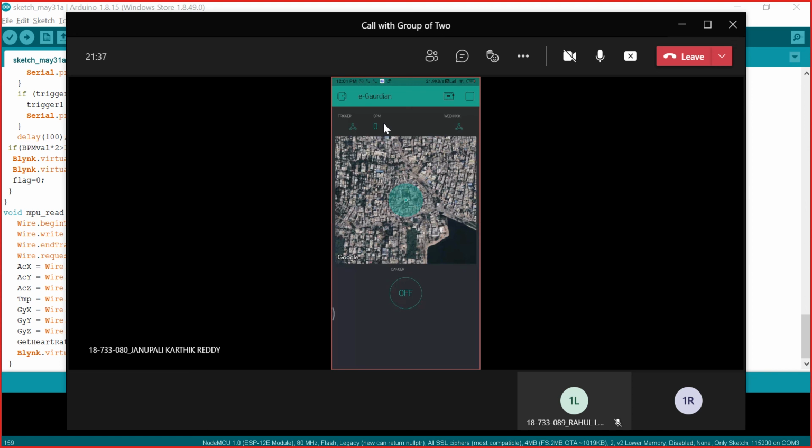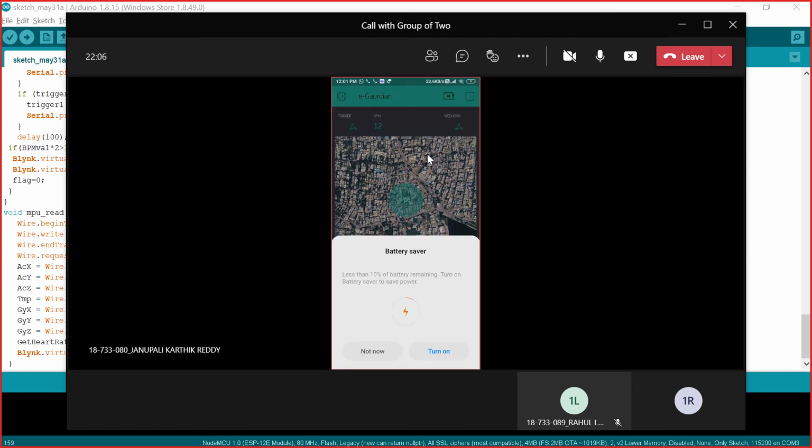So this is the functioning and process of the eGuardian app. Basically for visualization we use the Blink app. Blink is a sophisticated tool for presenting our raw information in a well structured manner, and it has many features like webhooks and triggers, so it makes the app visible. For the present we have used only one ESP8266 for demonstration, so we are getting only this particular data.